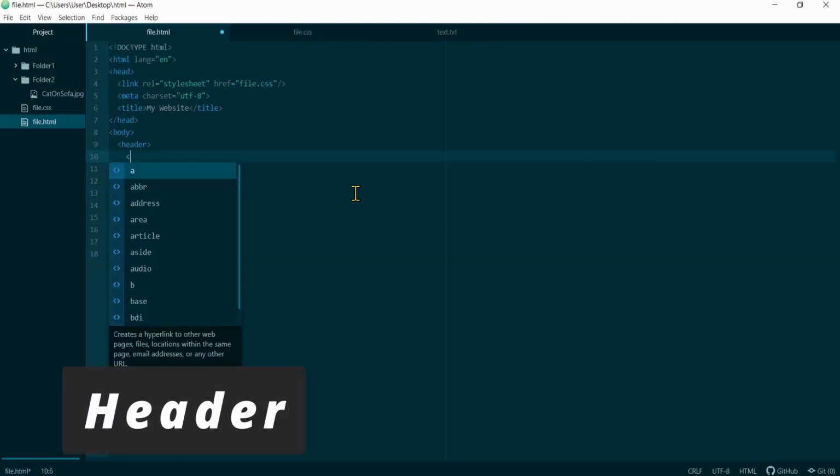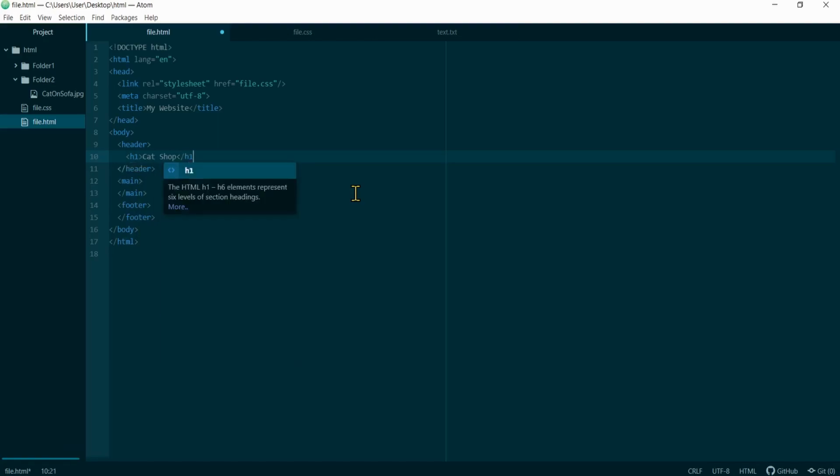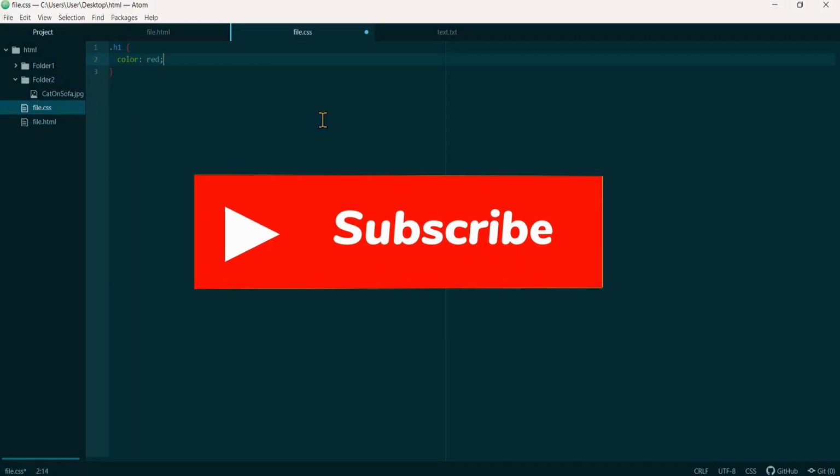Inside the header, I'm gonna start by adding an h1 and I'm gonna say cat shop. Let's pretend that we have a cat shop. Of course, I'm gonna add a class for this h1. It's going to be h1. Now let's go ahead and style this tag. I'm gonna go ahead in CSS, I'm gonna say .h1, I'm gonna say this color will be red,